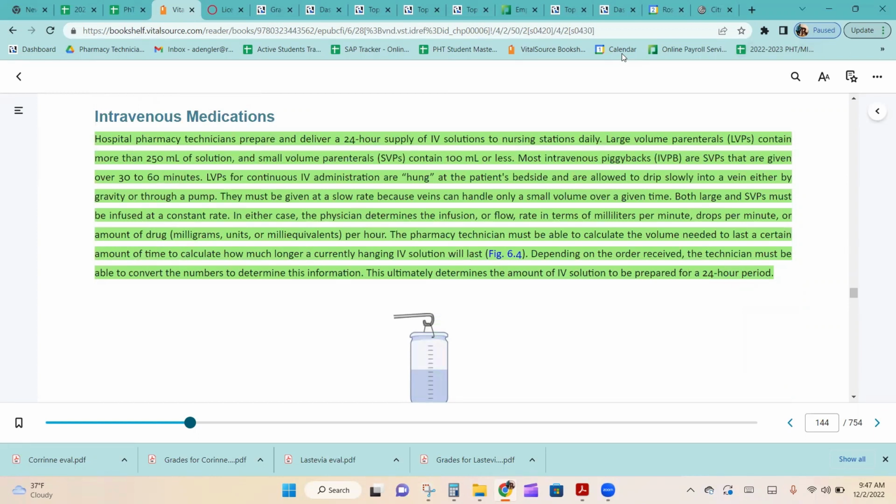Hospital pharmacy techs prepare and deliver a 24-hour supply of IV solution to nurses' stations daily. Large volume parenterals contain more than 250 ml of solution, and small volume parenterals contain 100 ml or less. Most intravenous piggybacks are SVPs, which are small volume parenterals that are given over 30 to 60 minutes. LVPs for continuous IV administration are hung at the patient's bedside and are allowed to drip slowly